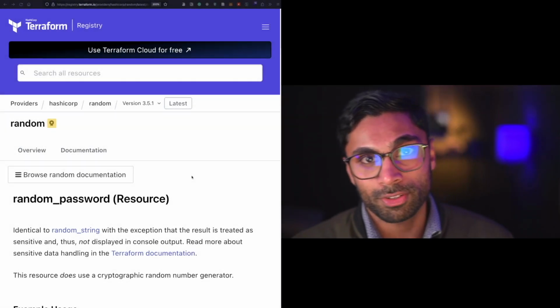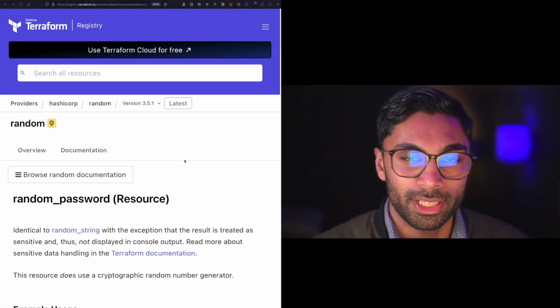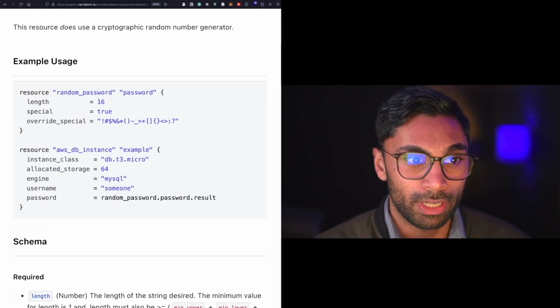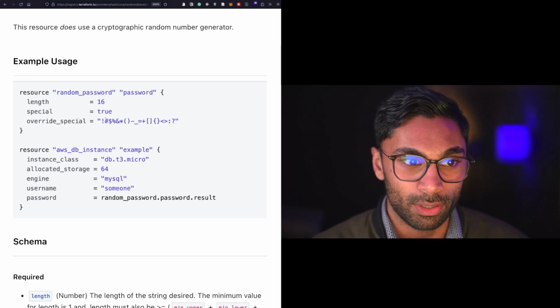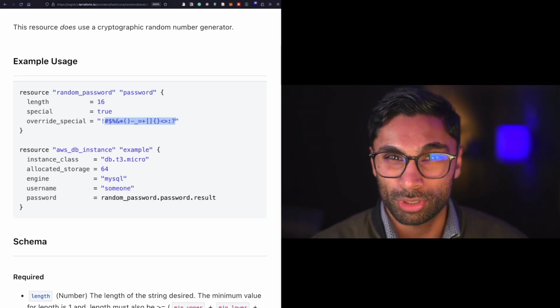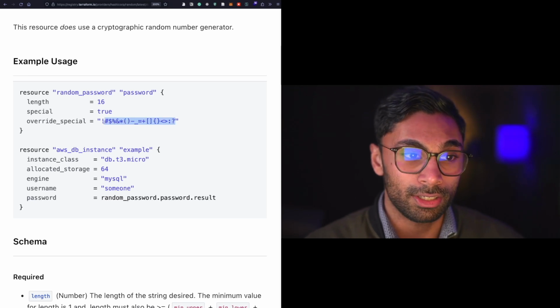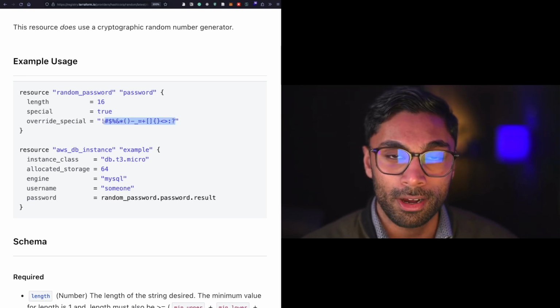So imagine you're using a service like Terraform to generate some random passwords, and you want those passwords to be really secure. So you go to the documentation and you go for a length of 16, and you want special characters, like all these down here, to make sure that password is going to be really difficult to hack and break. And what you do is you eventually save that password into a .env file,